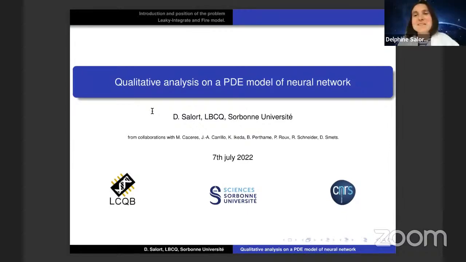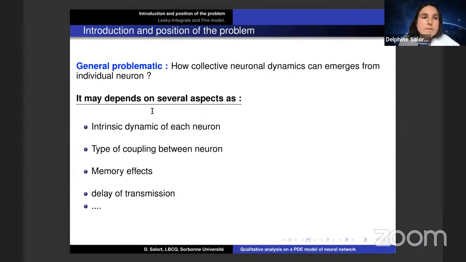The floor is yours. Okay, so I thank the organizers very much for the invitation, and I'm very happy to give a talk here. My talk is about qualitative analysis of a PDE model of neural networks. The aim of this talk is to give an overview of several results that were obtained in the past years around the models that we have studied with several collaborators. The general problem is, here we consider a homogeneous model, and we want to understand how complex patterns appear